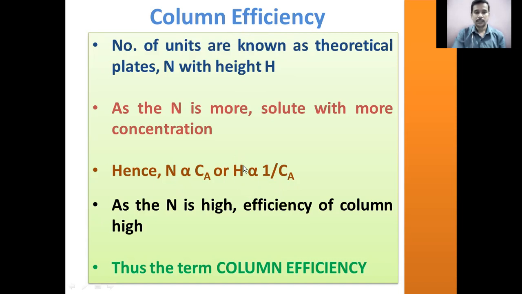And the value of height of a theoretical plate is dependent upon the nature of the stationary phase. If the solute is going to spread to the maximum extent, then height is going to be definitely more, and the column efficiency is going to be suppressed because there are fewer theoretical plates. So we can say roughly the number of theoretical plates for any solute band is directly proportional to the concentration of the analyte. The height of a theoretical plate is inversely proportional to the concentration of the analyte. If the height is more, analyte concentration is less. If height is less, analyte concentration is more. Right.